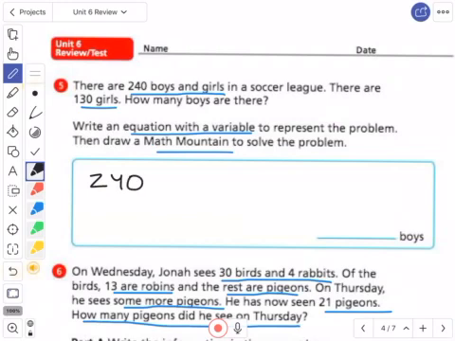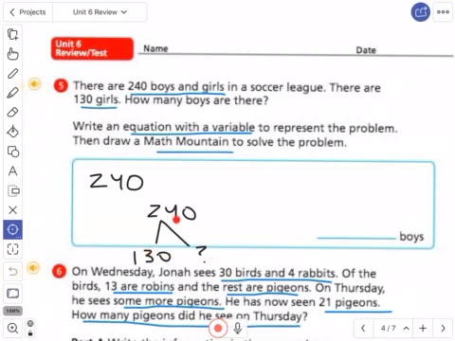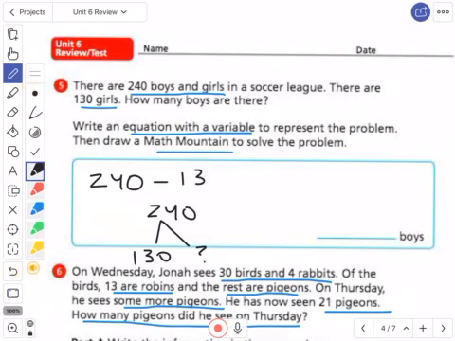Big reason is, and I'm going to kind of do this at the same time, my math mountain. Well, I knew that my total was 240. One of the parts was 130 girls, but how many boys? I don't know. So I'm going to do subtraction for it then, because it's a part plus a part equals a total, or total minus a part to get the other part. So 240 minus 130